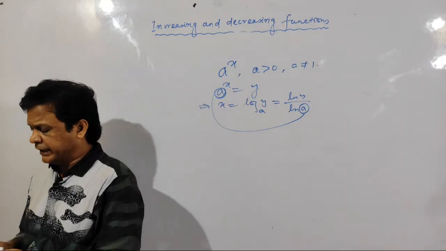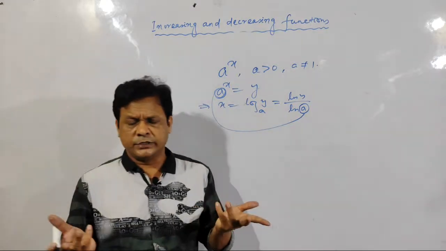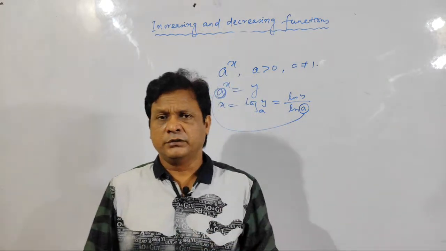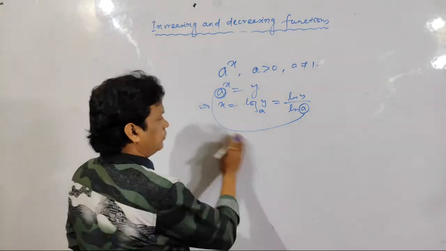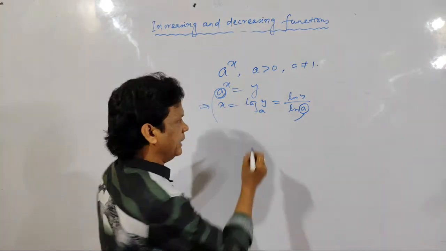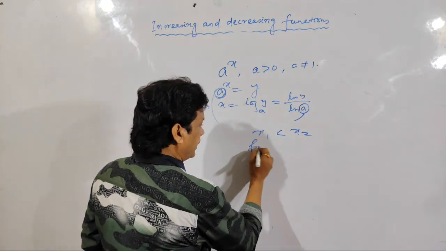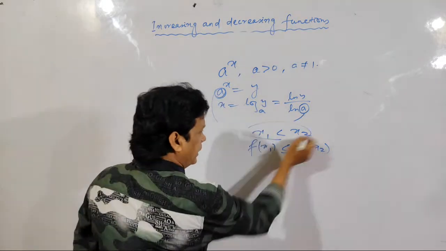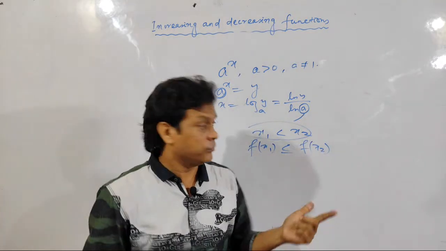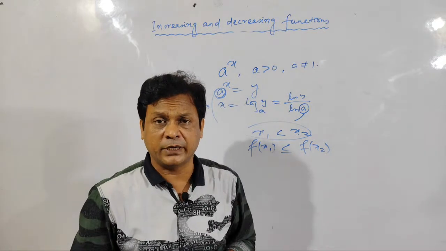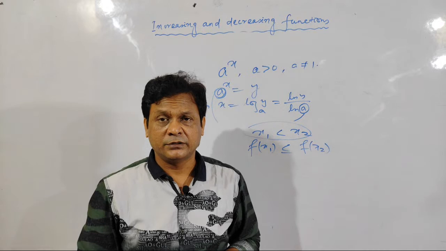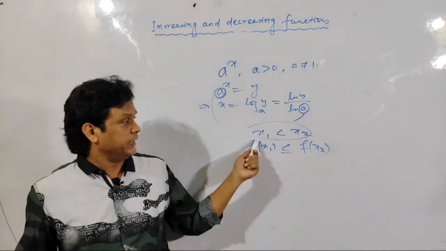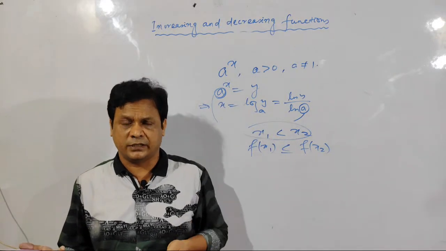The function is strictly increasing or strictly decreasing, or simply monotonically increasing or monotonically decreasing. Clear? But you are writing the value of x. I have told you the functional value is less than or equal to: I am writing x1 less than x2, f of x1 less than or equal to f of x2. But you are writing the interval for x1, x2, not for the functional value. So why should you write the closed interval? You should always write the open interval. For the functional value, I am writing the equal to sign, but for x1, x2, I am writing strictly less than or strictly greater than.